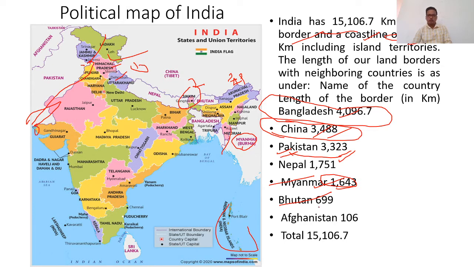When I talk about April of 2021, Bhutan is the most friendly country, and this is not a joke. Like I was with Pakistan. So Afghanistan also has 106 kilometers. Here you can see this would be a small region on the top of Afghanistan, a very small region touching into the POK. Presently it would be Pakistan Occupied Kashmir.